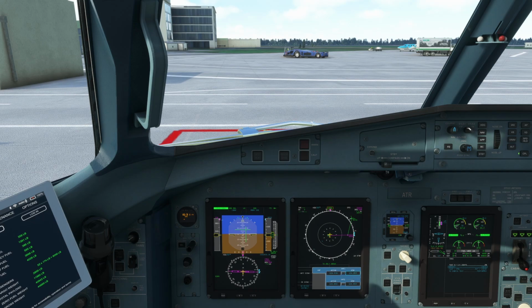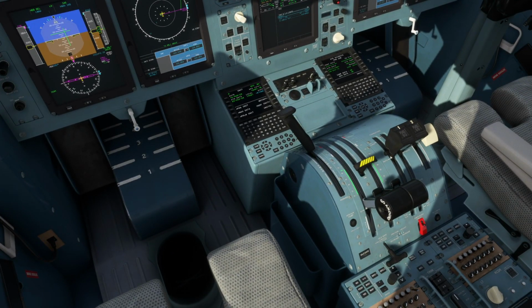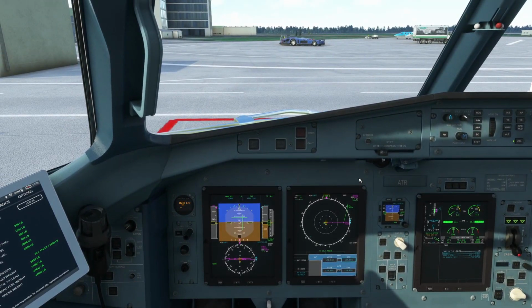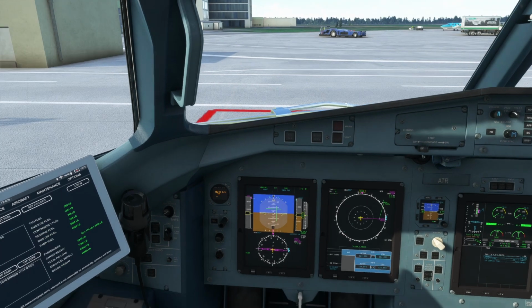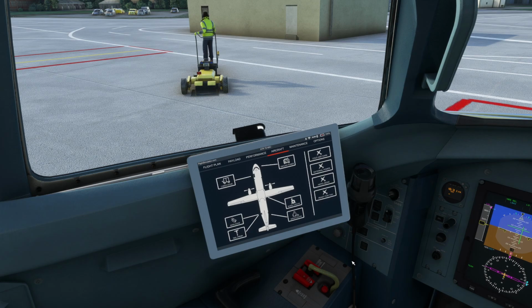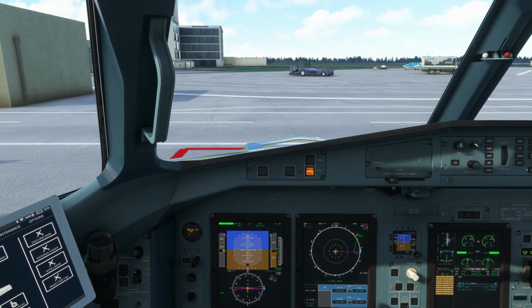Did I go all the way forward with the parking brake? I did. Why do I have no parking brake? Oh! I'm an idiot. Helps when you don't skip pages. Probably be good to release the wheel chocks. I can see where those would cause a problem. I pulled the throttles back too